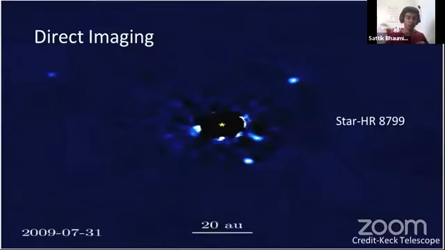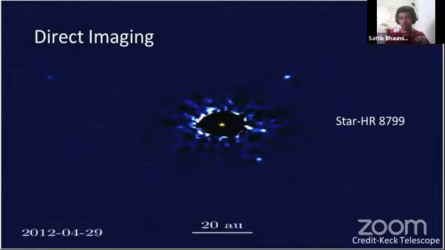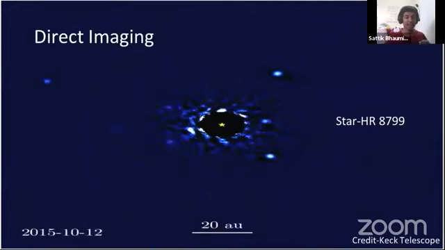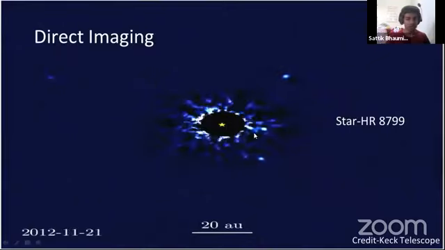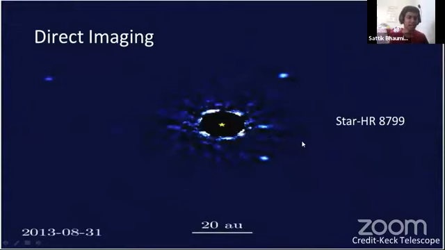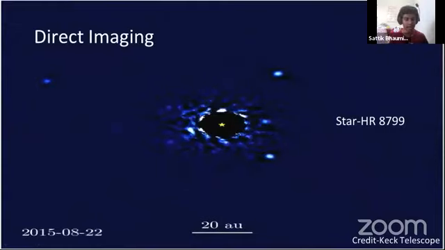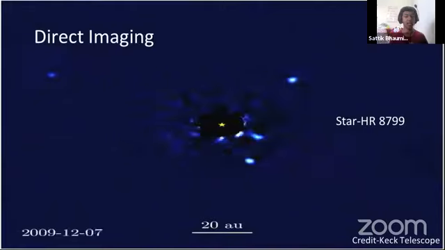There are other lesser known methods as well, such as direct imaging. This one has been taken by the Keck telescope. It's an infrared image of the star HR 8799. As you can see from this image, there are 4 planets revolving around this star. The only disadvantage to direct imaging is it consumes a lot of time for detecting exoplanets and a lot of